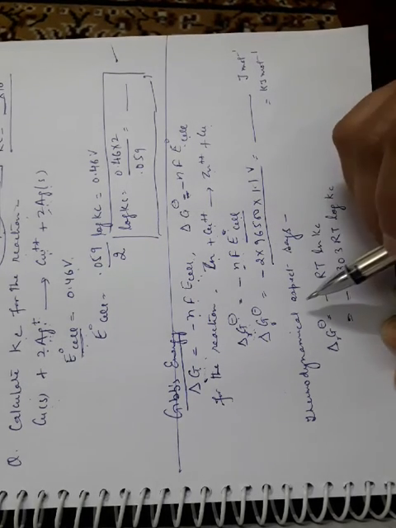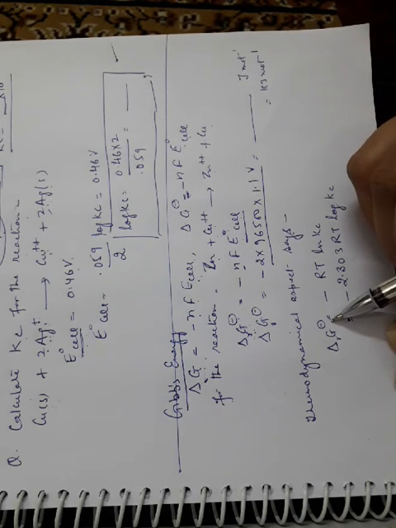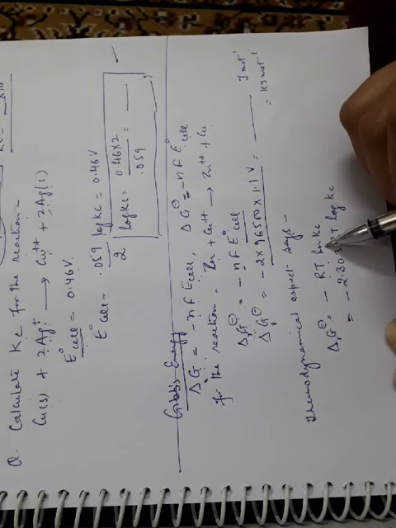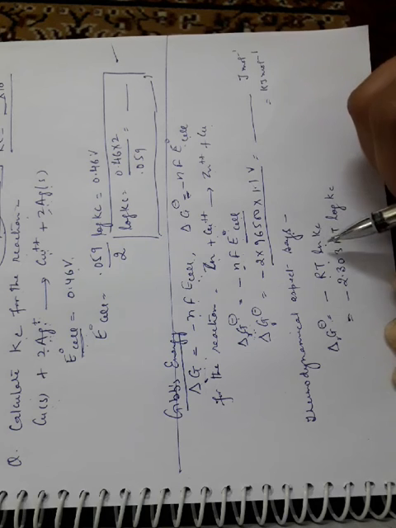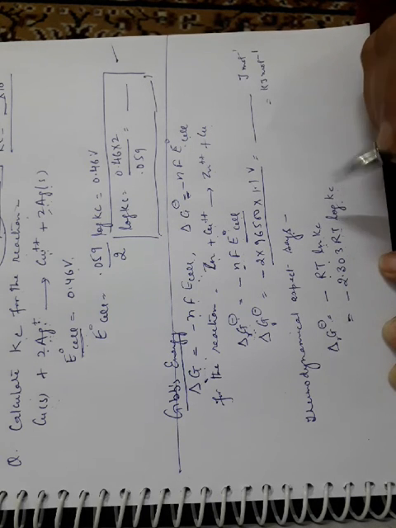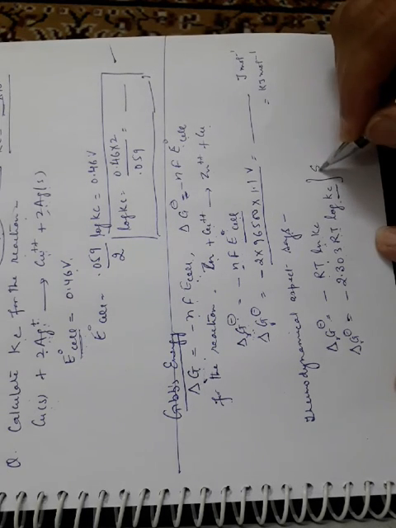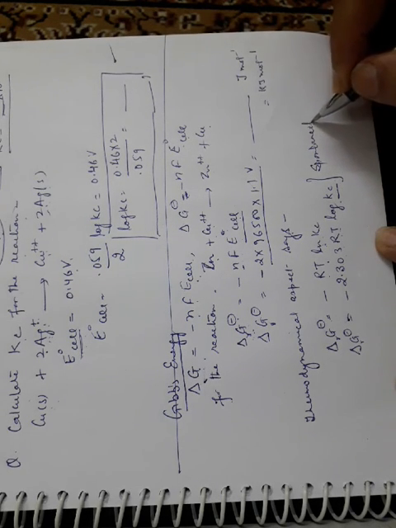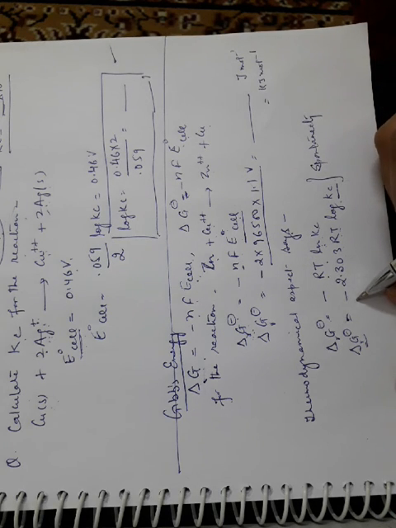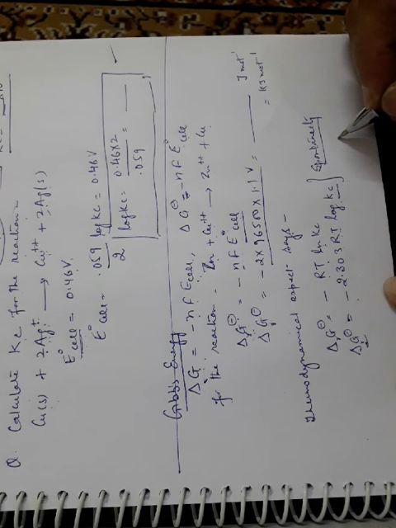We have also studied this thermodynamic aspect making use of the equilibrium constant. Delta Gr naught equals minus RT ln Kc, the natural log of Kc. You can convert it to log with base 10. It becomes minus 2.303 RT log to the base 10 of Kc. So if the value of Kc is given, then we can calculate the value of delta G also, and we can interpret the spontaneity of the reaction. If we get delta G as negative, then the reaction is spontaneous. If we get delta G as positive, the reaction is non-spontaneous.